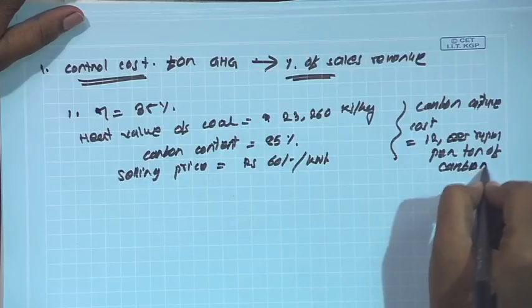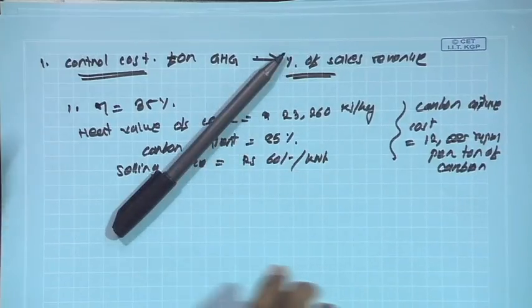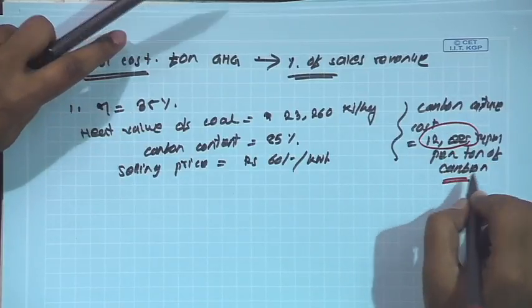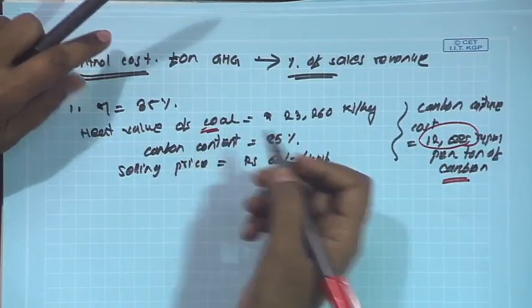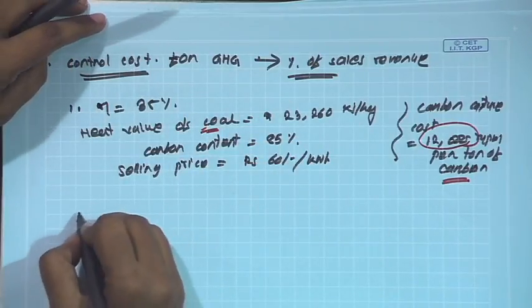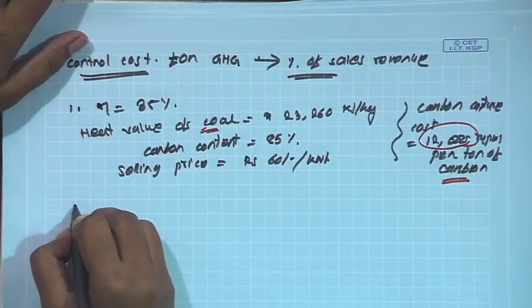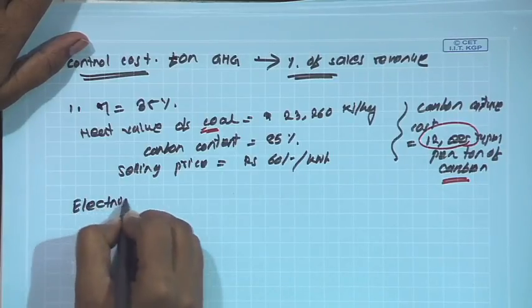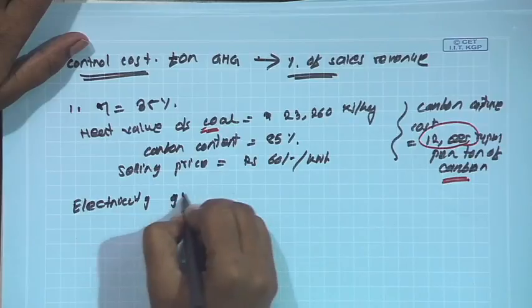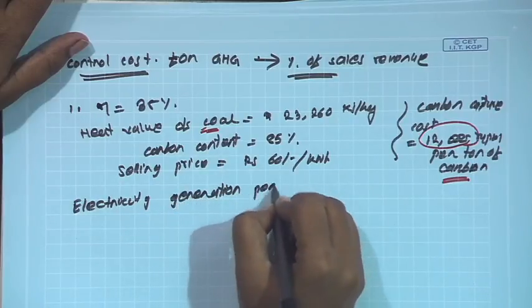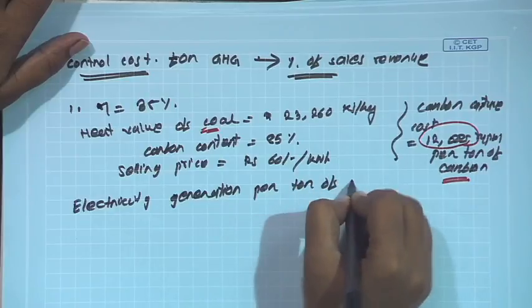Just remember one thing: here it is 12,000 per ton of carbon, and here we have coal. So, we have to convert the coal in terms of carbon, that is, electricity generation per ton of carbon